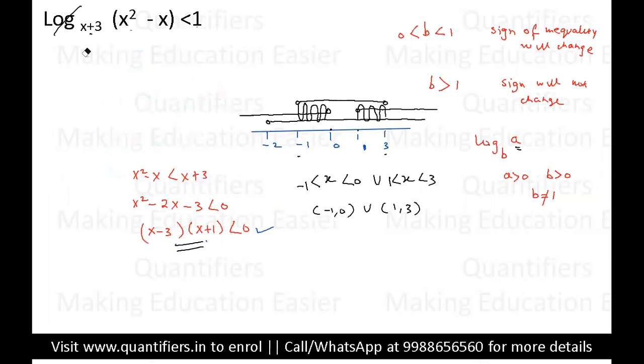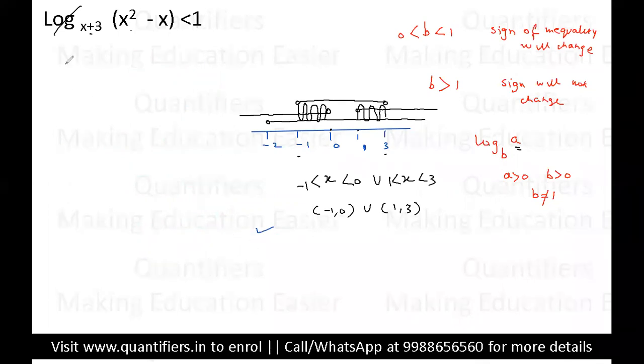So the second case, we have already discussed, will be that the base x plus 3 lies between 0 and 1. So first of all students, if the base lies between 0 and 1, what does it mean? From here, what will you get? You will get that x is greater than -3 and it is less than -2. So this is the first condition we are getting. x lies between -3 and -2.